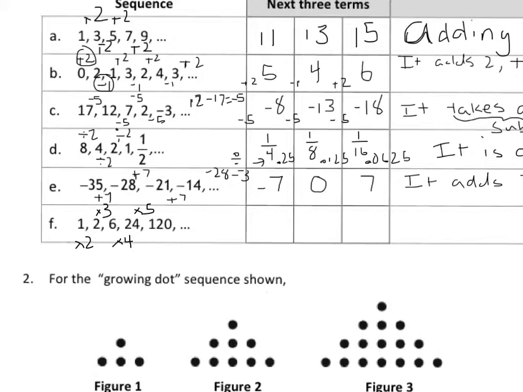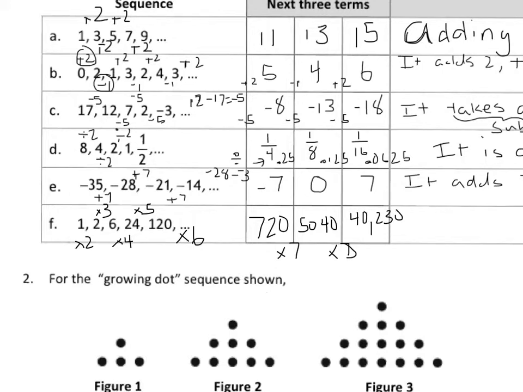Or it seems like we're multiplying by something bigger each time. So I'm going to multiply by 6 next, because we multiply by 1, 2, then 3, then 4, then 5, and 6 seems like the natural next thing. That's 720 that I get. And then I'll multiply by 7, and I'll get, I think, 5,040. And then multiply by 8 this time, because it's 2, 3, 4, 5, 6, 7, 8. That's